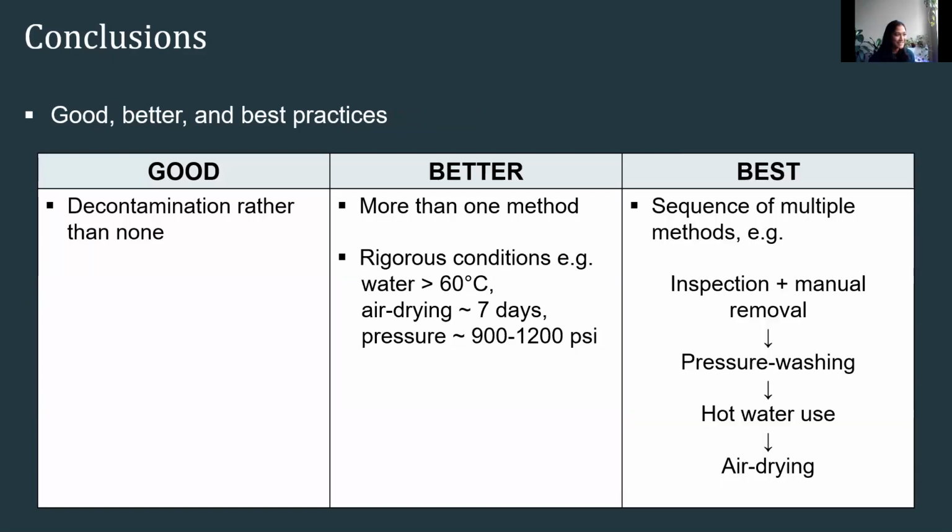So if we synthesize both our results and those from previous studies, the best approach might be to implement thorough decontamination methods as a series of steps, each eliminating certain groups of invasive species. So for example, by starting with manual removal of mud, debris, plants, and larger organisms such as snails, following up with pressure washing to dislodge any residue, and next rinsing with hot water, and eventually air drying for as long